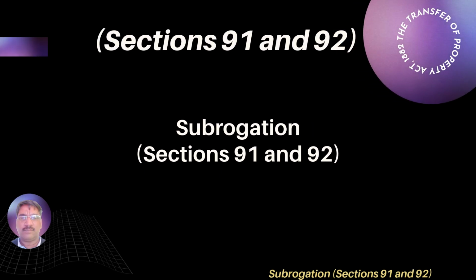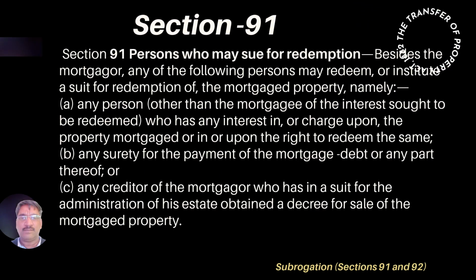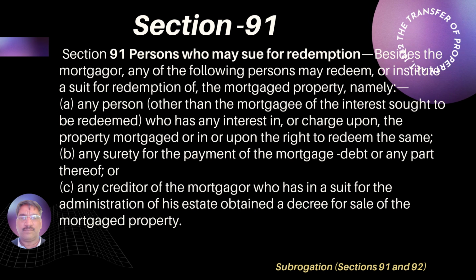Subrogation. Sections 91 and 92. Section 91. Persons who may sue for redemption. Besides the mortgager, any of the following persons may redeem or institute a suit for redemption of the mortgaged property,